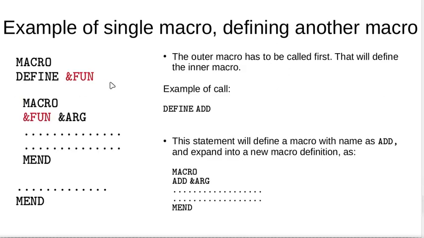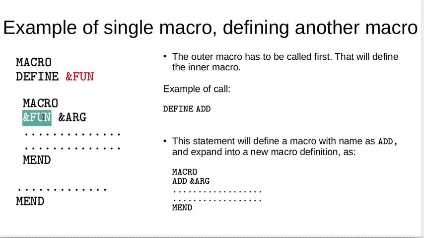Okay. So how do we call this then? Fine. On the left we have the same definition where we have two macros, right? Now the outer macro has to be called first. Why can we not call the inner macro first? If we wanted to call the inner macro, we would have to know the name of the macro. If you have gone through the previous lectures, you will know that whenever we call a macro, we are supposed to call it by its name. In this case, we do not know the name of the inner macro. The name of the inner macro is simply the value of an argument, right? So how do we get the value of this argument?